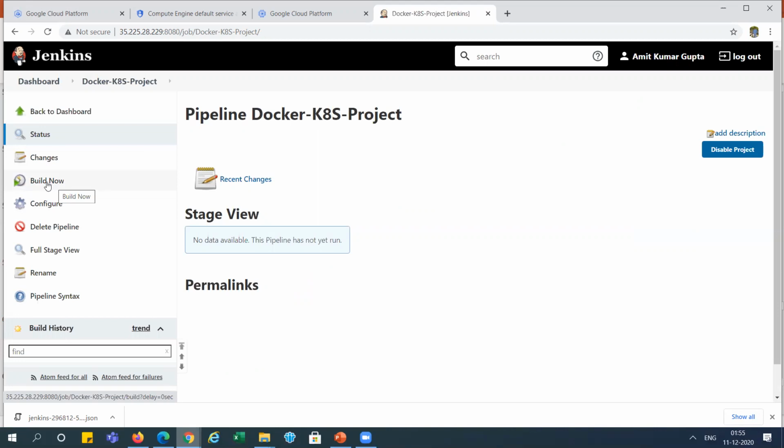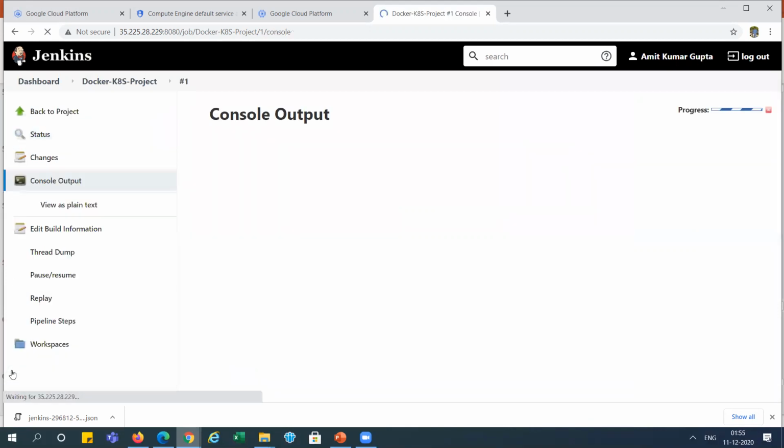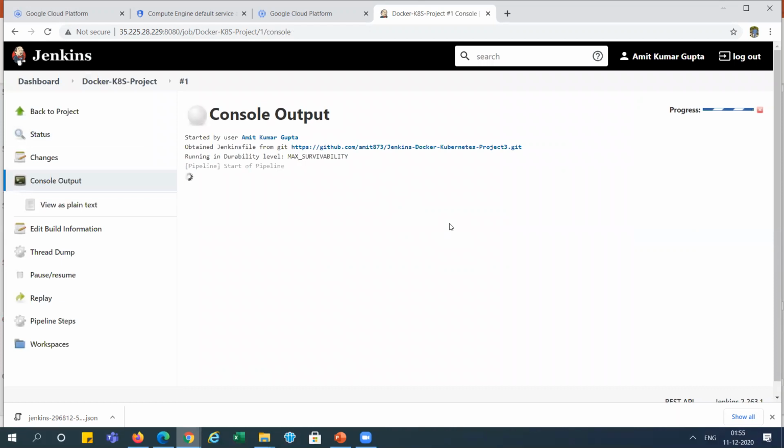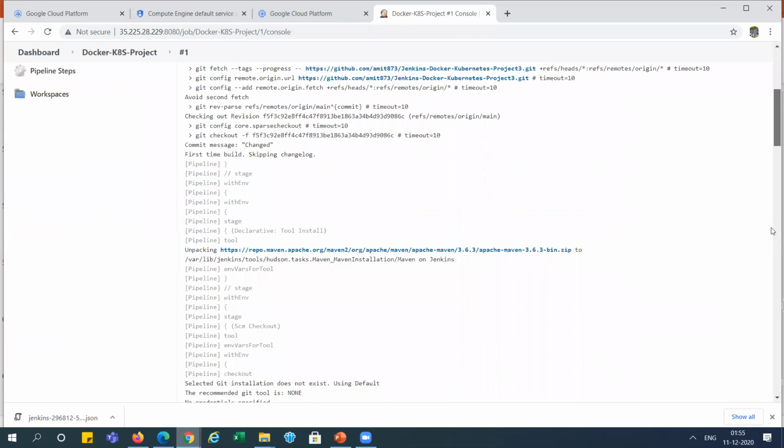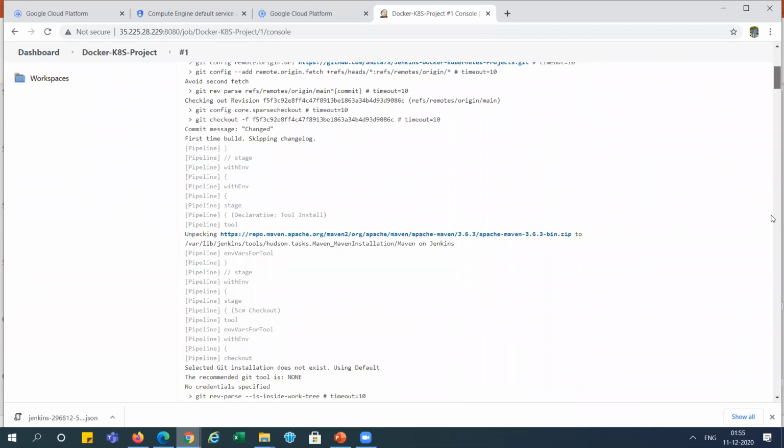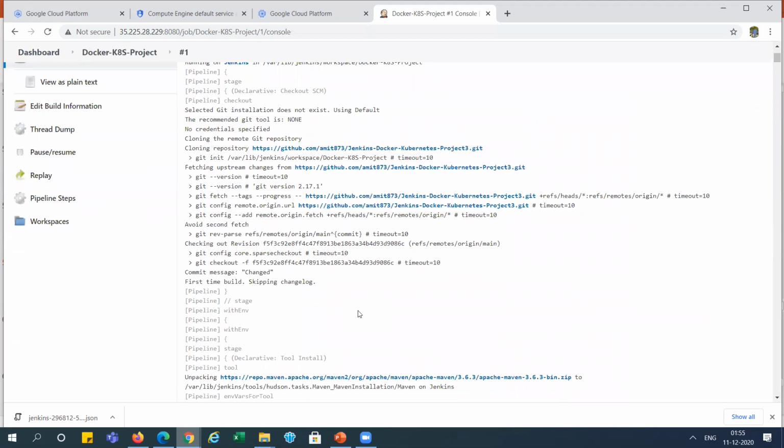Let's check the things over here, right? Let's see the console, what is happening in the console output. It is taking from the Git repo, right? And it is taking all those code.